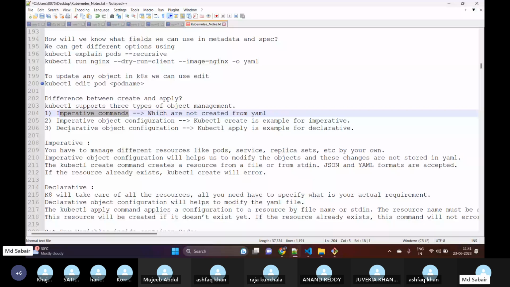Basically, imperative object configuration means whatever resources we are trying to configure, like pods, services, replica sets, etc., by our own. We create our YAML and then execute it. Whereas the other approach will help us modify our existing objects. Like for example,